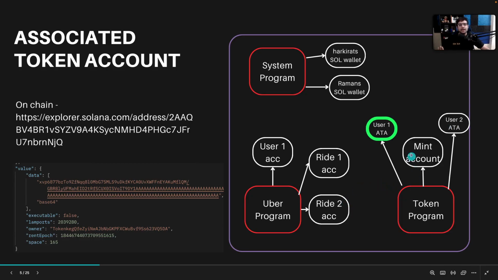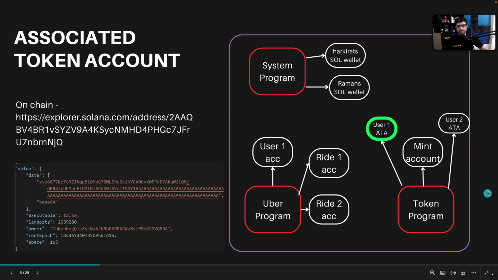It clearly says that the only way this guy's balance can be decreased is if this guy signs a transaction to transfer it to a different person. Similarly, the program clearly says that the only way the account balance here can be increased is if either new tokens are minted by the mint authority, or if new tokens are transferred over here. So these are the 3 kinds of accounts that exist in case of Solana, or more specifically in case of